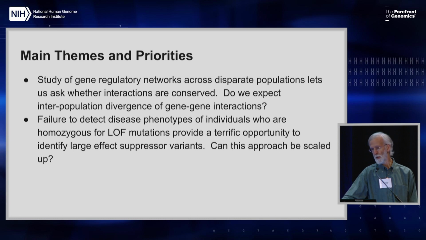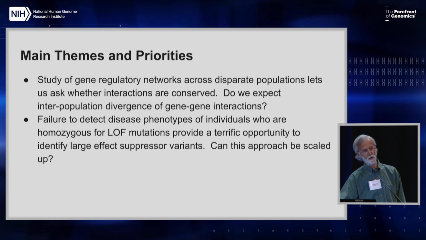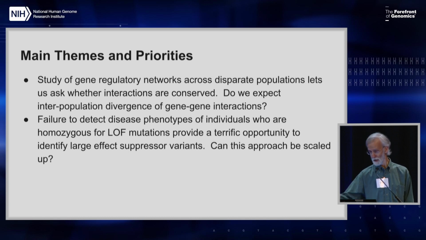And finally, a particularly sharp, crystal clear, really wonderful example of gene-gene interaction was illustrated by Rick Lifton's work, where we have these very large effect Mendelian disorders, where when you study Mendelian disorders at scale, you find individuals who are homozygous for loss of function mutations, but are perfectly normal. So you then augur in with those, and Lifton did it by sequencing. You identify then, in some cases, second site suppressors of that phenotype. So this is a very, very nice design. Does it scale up better for identifying large effect alleles that are directly interacting either positively or, in this case, of course, negatively in the sense of correcting the phenotype?